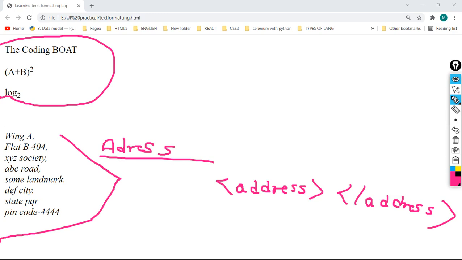We have learned the bold tag, italic tag, strong tag, emphasis tag, underline tag, subscript tag, superscript tag to represent mathematical expressions, and to represent an address we have made use of the address tag. In this way we can control the behavior of text using text formatting tags. I hope now you have a better understanding of text formatting tags.